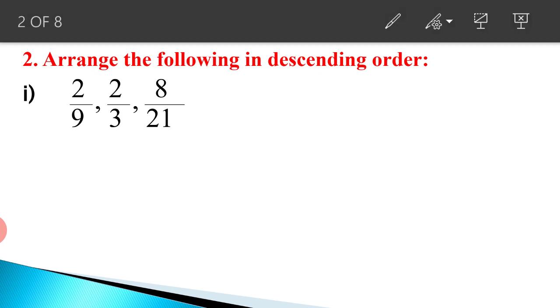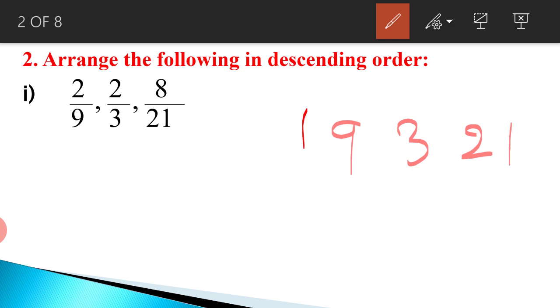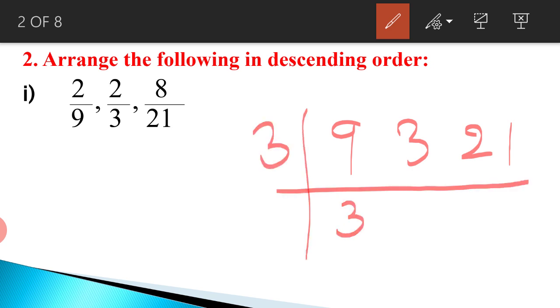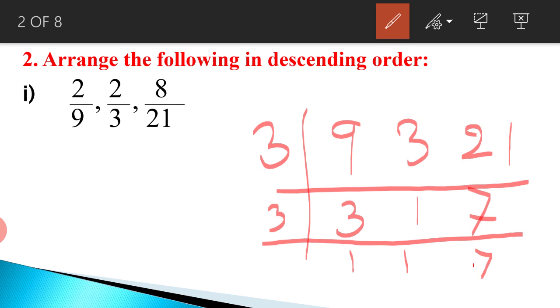Now which method are you going to use for taking the LCM? You can use the short division method as I told earlier. So we divide them. Which is the common factor? So we take it to be 3. 3 3s are 9, 3 1s are 3, 3 7s are 21. So again 3, then it will be 1, 1 and 7, and then the remaining 7. So you need to continue this division till you get quotient 1 everywhere. First we start with common factors and then we take all the uncommon factors.